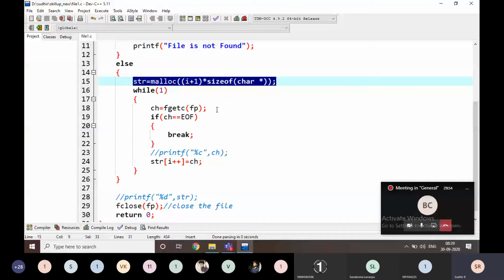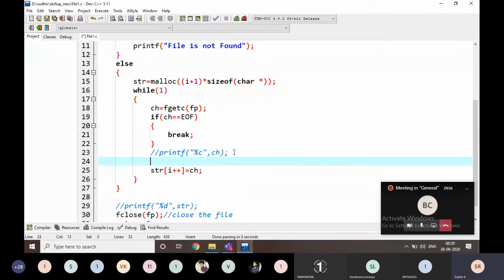Now, after reading everything, if the character is not null, not the end of the file, I am going to allocate every time.